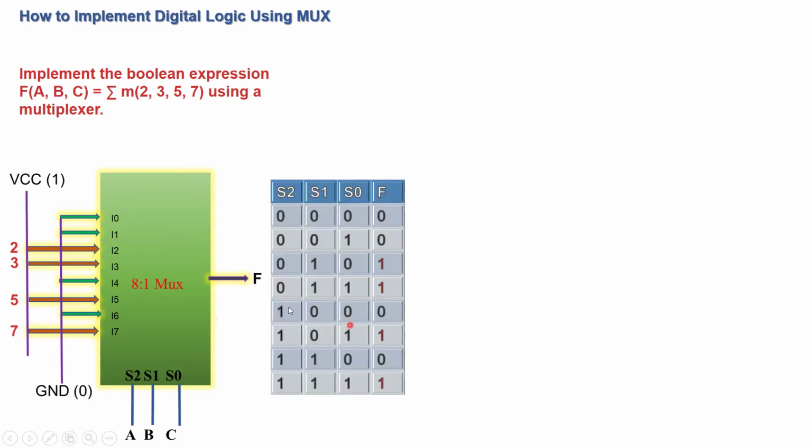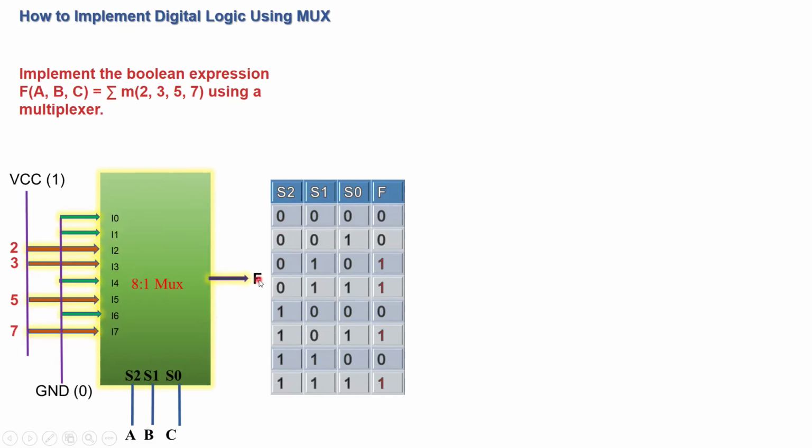And here is the truth table where you see that for 3 select lines S2, S1, S0, you have 8 possible combinations that can be applied to the select lines. And based on those 8 possible combinations, any one of these input data lines gets connected to the output Y